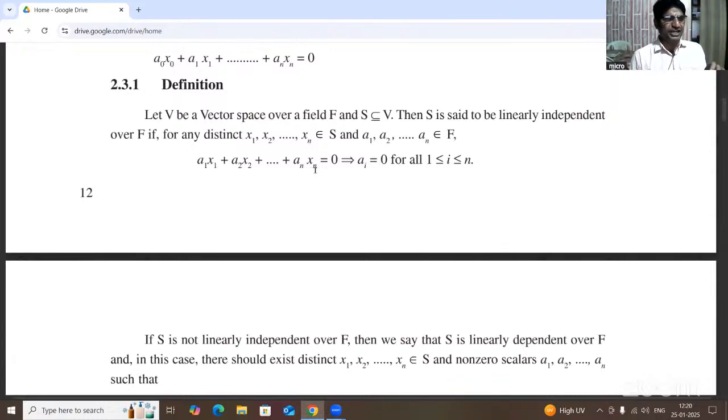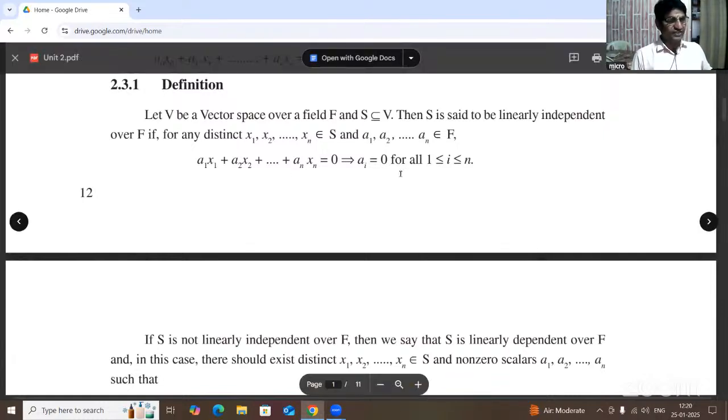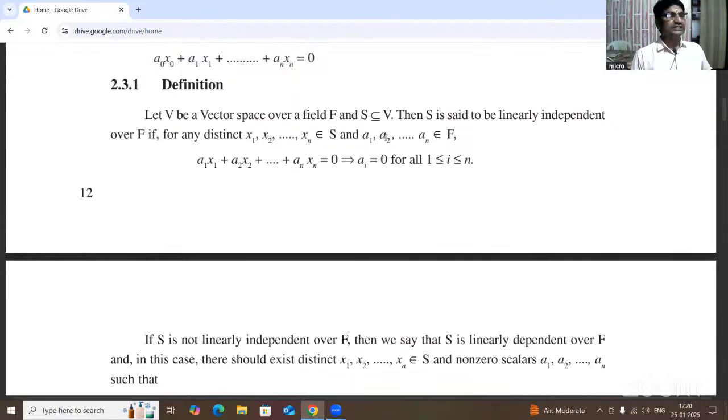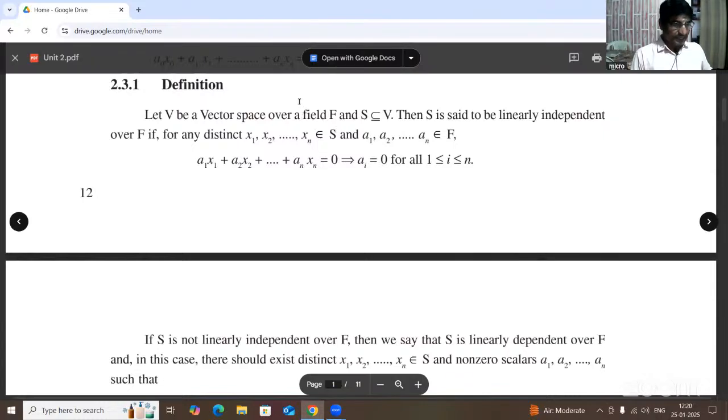Now the same definition we will refer to through matrices, because the given vectors must be arranged as rows. Suppose there are 3 vectors here: x1 is one vector, x2 is another vector, and x3 is also another vector. We take 3 rows: the x1 vector as the first row, the x2 vector as the second row, and the x3 vector as the third row. So the determinant